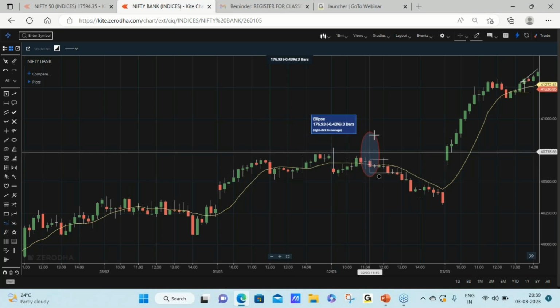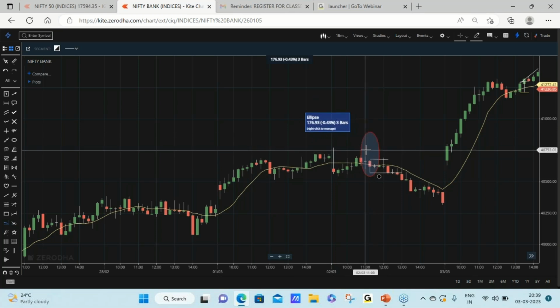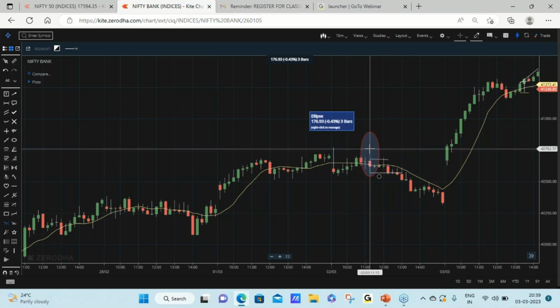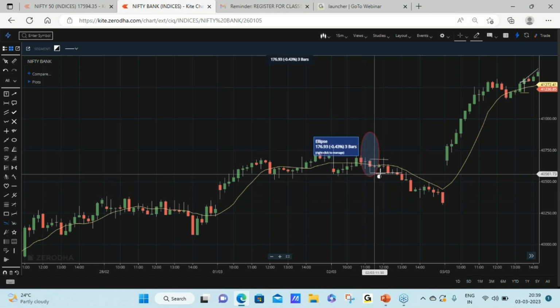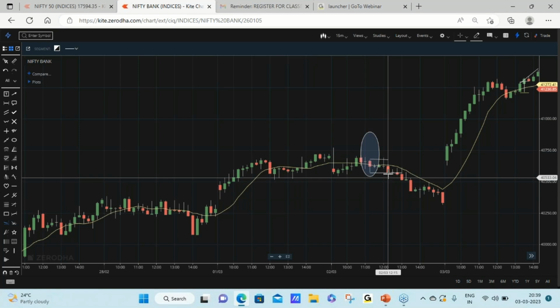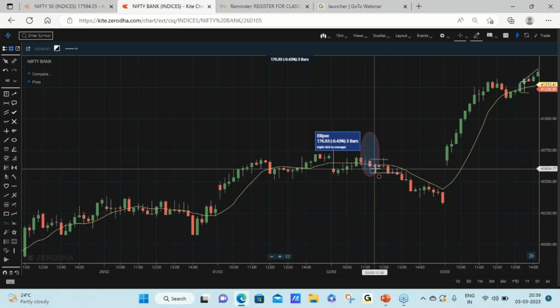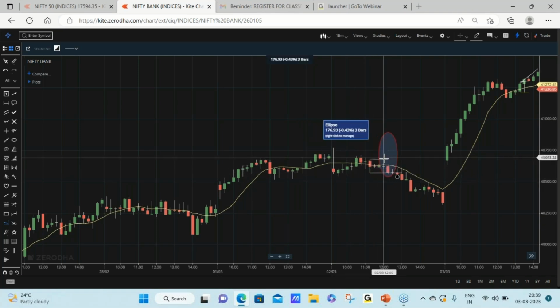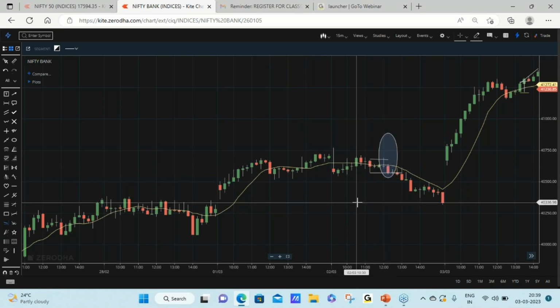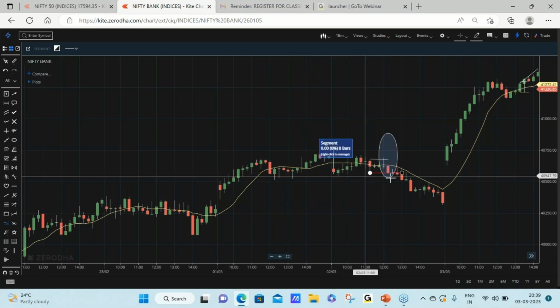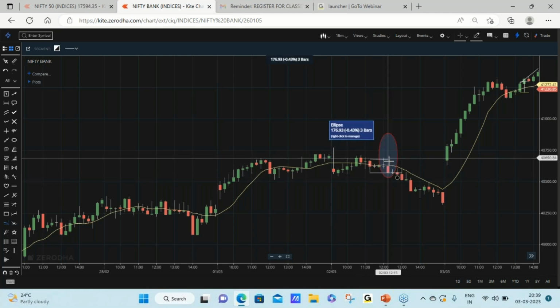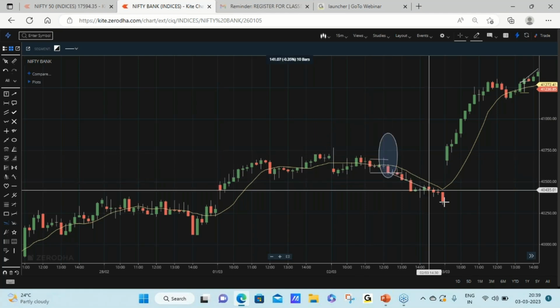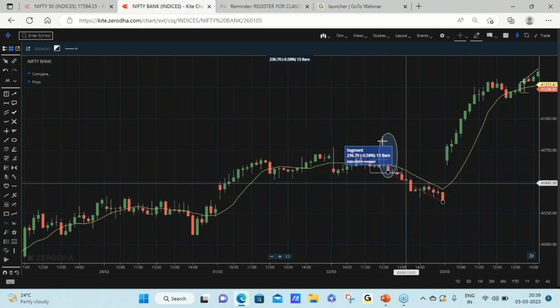So can I consider this to be the first candle closing below 10 SMA? Because earlier three candles were closed above 10 SMA, and suddenly a candle closes below 10 SMA. Yes or no? So the low of the candle was breached here. The earlier candles could not breach the low because they did not have strength, but the low of the candle was breached here. So this is where you got confirmation from the 10 SMA that a bearish trend has started, right? So the reference candle high will be your stop loss, and once the low is breached, you can see how beautifully this particular